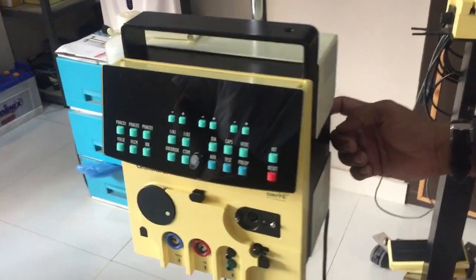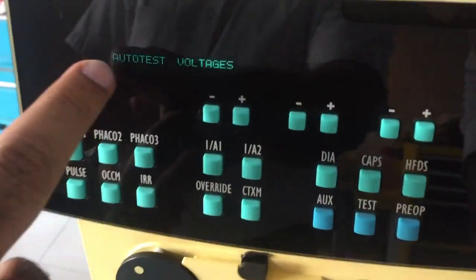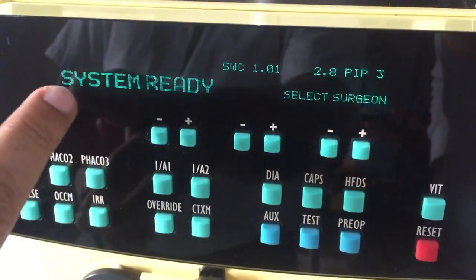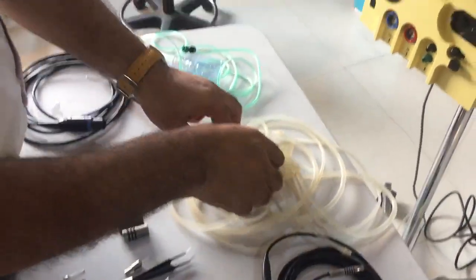This is a Catarhex 3 system here. Switch on the machine. From the back side is the button. Then you will see here the message auto test and system got ready. So first of all, you have to connect the tubing